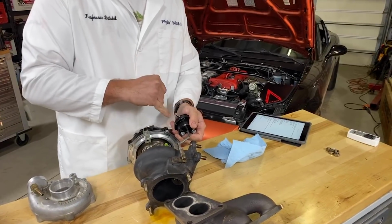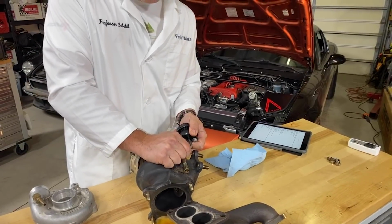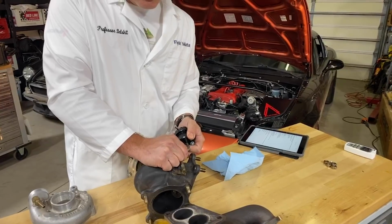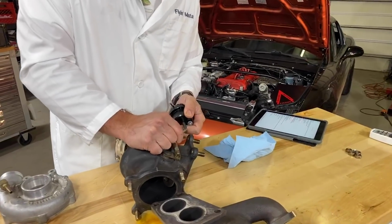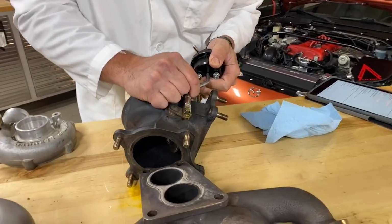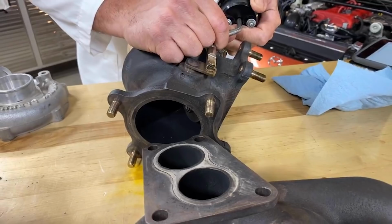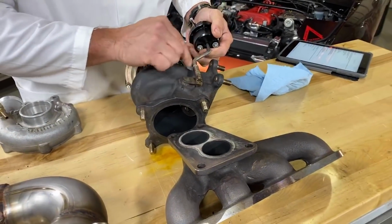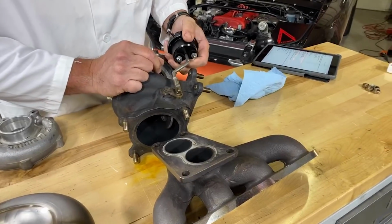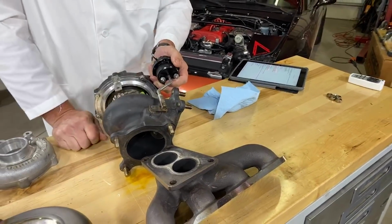You put, say, 8 pounds of boost in here. This thing opens up, spills off boost until you get back down to 8, and then closes up again. And it's very organic, very analog. Opens and closes, and maintains the boost level right where you want it, which makes it very easy to adjust the boost level on a turbo. You bleed off some of the signal, you change the pretension or preload on the spring, you move back and forth a little bit, you can easily add more boost with a turbo, which is one of its strengths